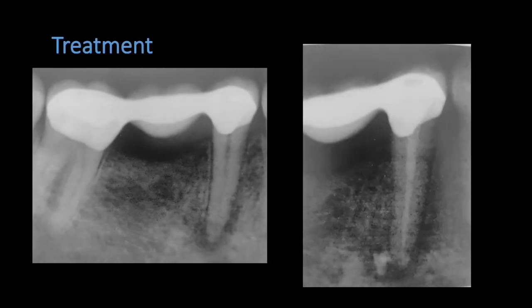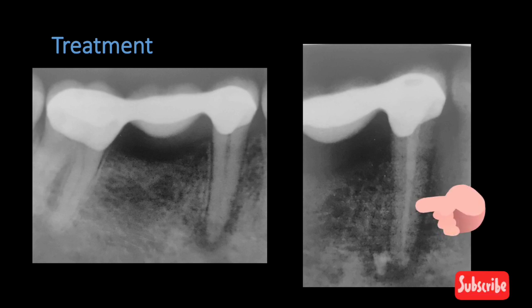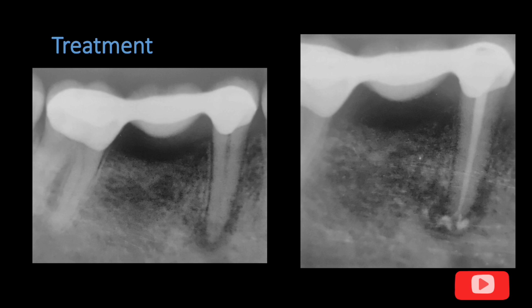So what treatment will we give? Basically, phoenix abscess can be managed in a similar way to acute alveolar abscess, okay? First, as you can see in the first image, there is an abscess in relation to a mandibular premolar, which is an abutment for a fixed partial denture. In the second image, the canal is irrigated and intracanal calcium hydroxide is placed for 2 weeks. Later on, root canal obturation was done after thorough cleaning and shaping, and the later radiograph shows the follow-up of 2 years, showing the healing of periradicular tissues. So this is how you manage such a case.